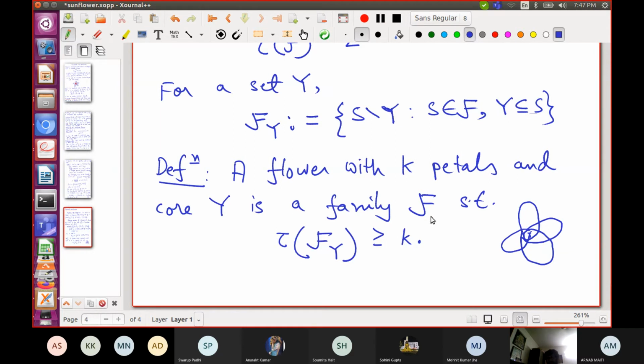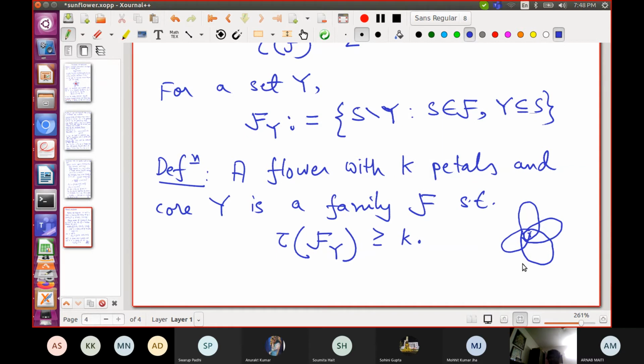Then what is F sub Y? F sub Y are these petals sticking out here. They are all disjoint and there are four of them. So what is the blocking number of four disjoint sets? It's 4. Yeah, so the blocking number of 4 disjoint sets is 4.